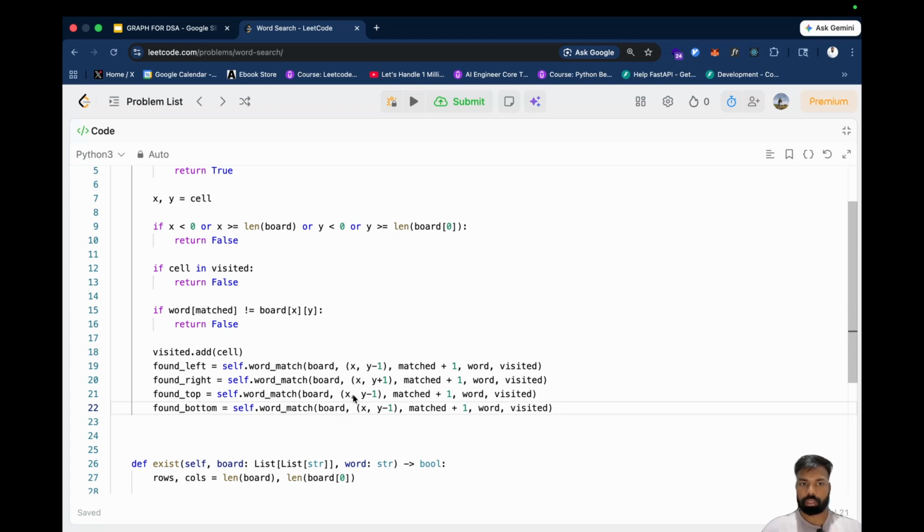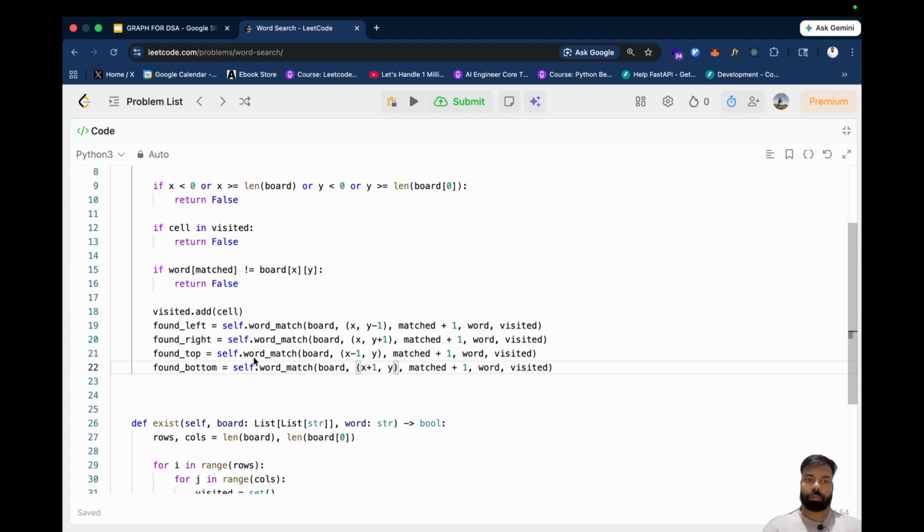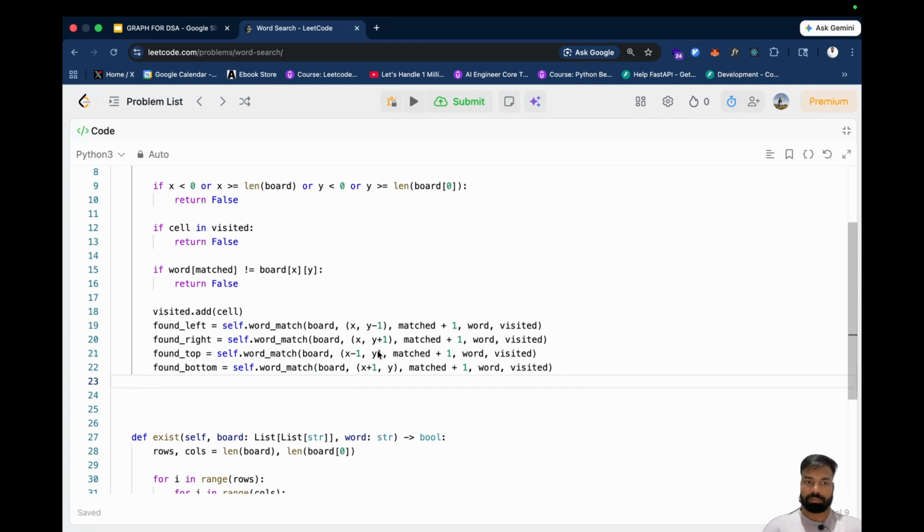For the top, the x needs to be decremented, y will remain the same, and for the bottom, x needs to be incremented and y will again remain the same. Okay, so these are the 4 different possibilities, and after these function calls are completed,